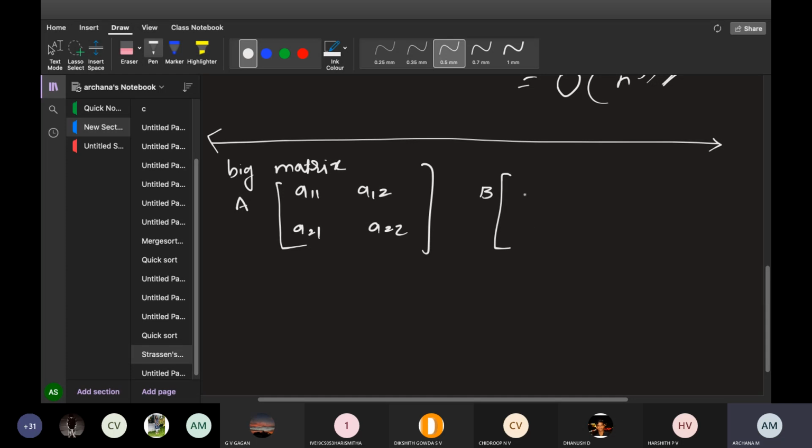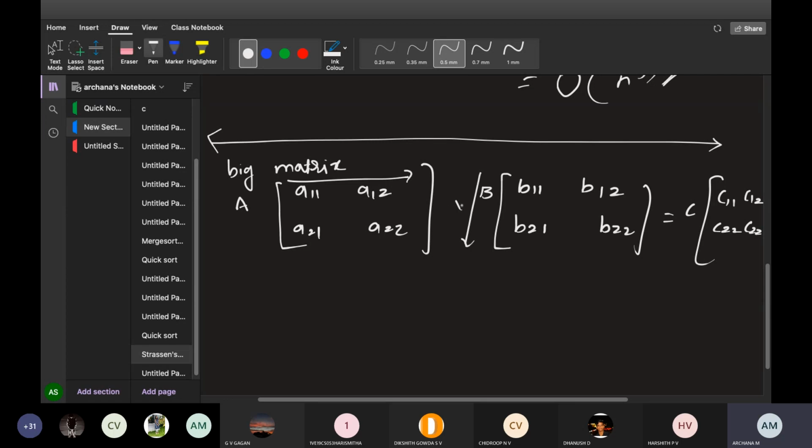Okay, so before going to the big matrix, first we will see the formulas for this, and then we will solve the big matrix whichever we have using this. C is equal to C11, C12, C21, C22. This is the matrix. Now multiply these rows and columns. This is what we have according to our mathematical formula, right?